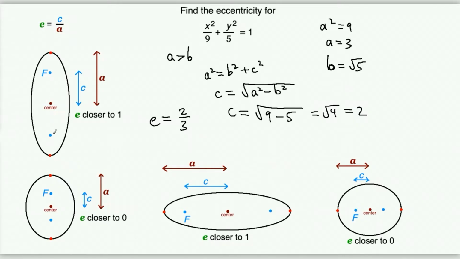Why do I say major vertex? Because we're talking about a major axis being parallel to the y-axis here. If you want to talk about the major axis being parallel to the x-axis, you can refer to these two examples here. So as you can see, the principle is the same. It doesn't matter what the orientation of the major axis is, as long as you understand the principle behind the c and the a and how they determine the eccentricity. The eccentricity equation and the principle will not change